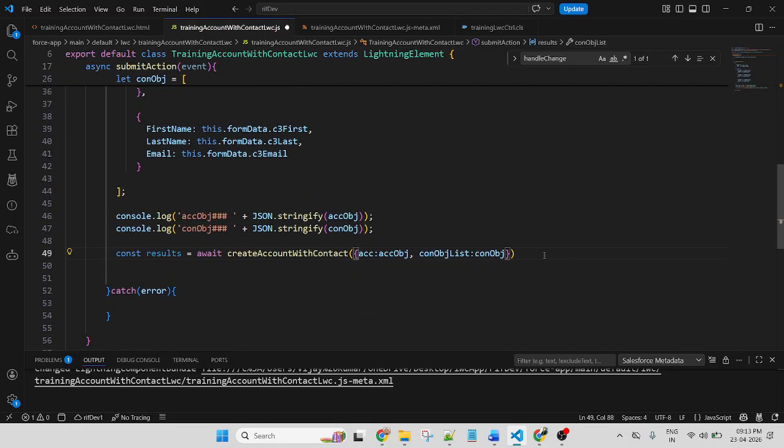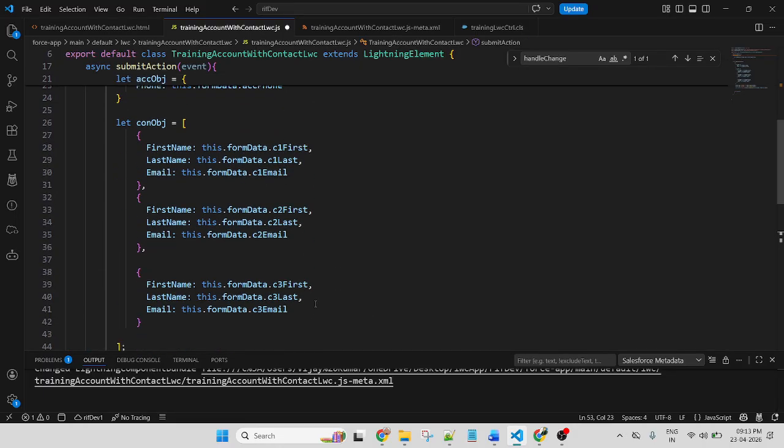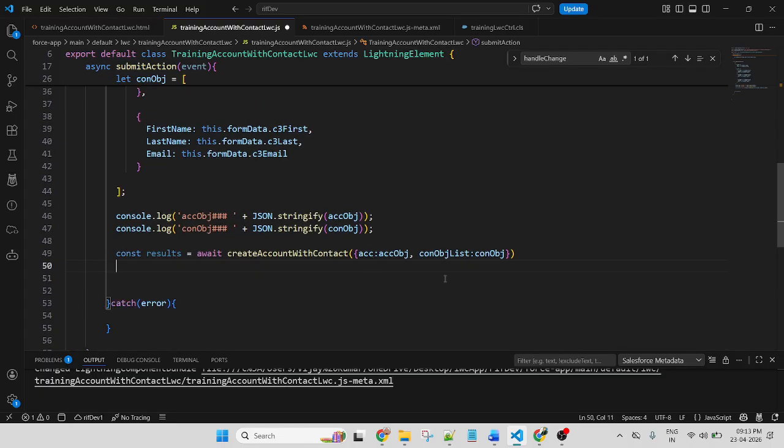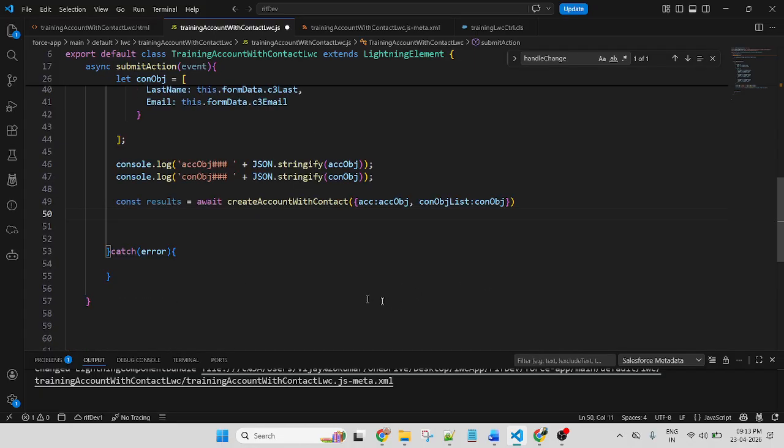So in the previous session, after calling the method, you needed to use then and catch functions. Remember then, but in this lesson we're not using dot then, because here I already used catch. So here I will display the toast message directly.